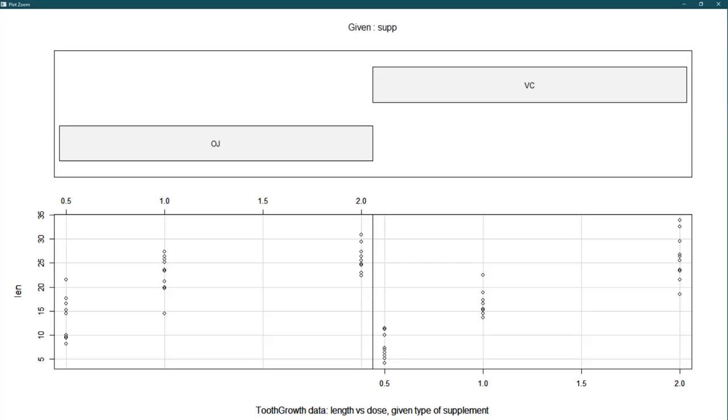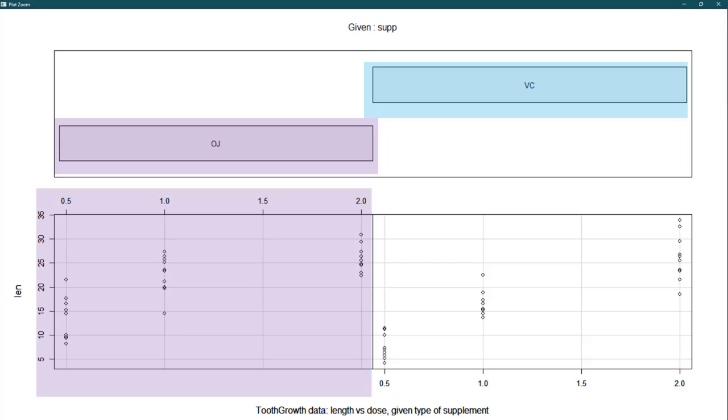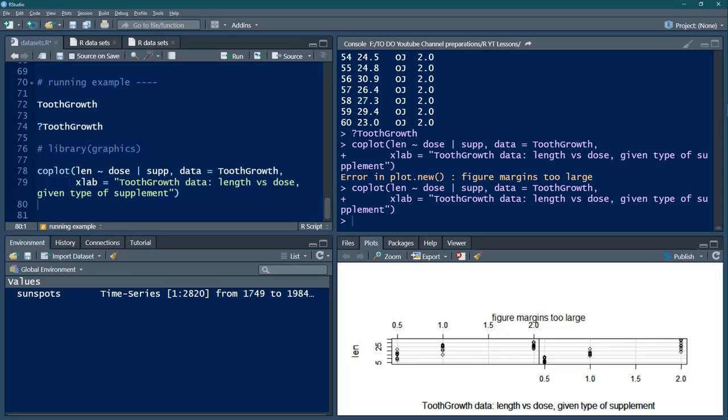So ToothGrowth data, length versus dose, that is given type of supplement. Type of supplement is here. For this type of ascorbic acid supplement, you can look at this, and for the other type, you can see this. So basically, R is helping us to experiment with the data and then form conclusions.